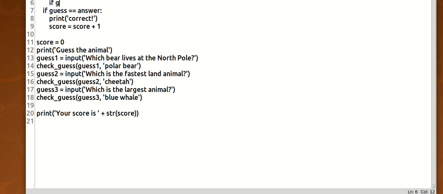if guess.lower(), and what this will do is convert the user's guess all to lowercase. It's a great way to compare the answers more accurately. If I typed in cheetah with a capital C, I'd be correct, but I don't want to be penalized because I typed in a capital C. So it's easier just to convert everything to lowercase and then compare. answer.lower()